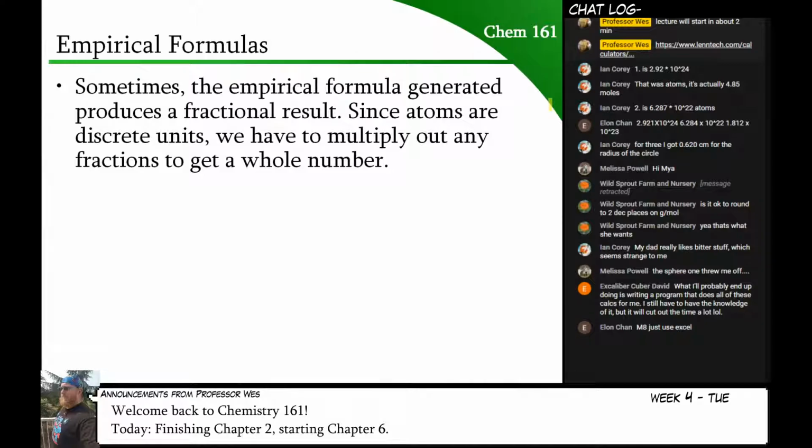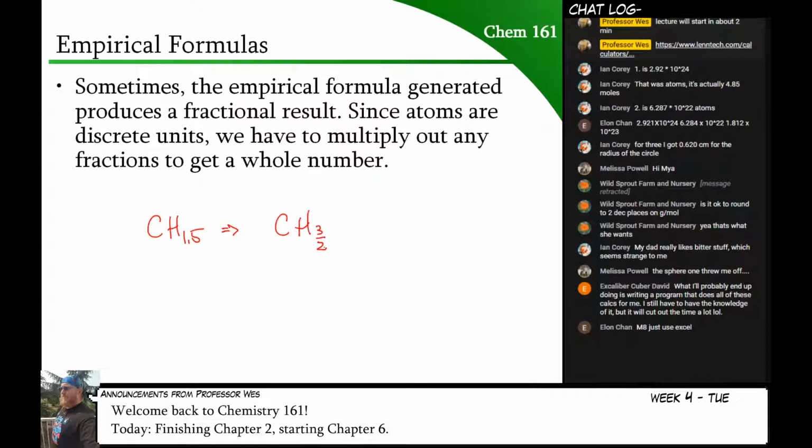Now, sometimes when you're doing empirical formulas and following this process, where you just take your masses and turn them into moles and then make the pseudo formula, and then you divide by the smallest number, when you do that last step, you get 1 for one of the elements, but you get a fraction for the other one. This sometimes happens. You get something like this. What do you do in this case? Do you just round? In this case, what you would have to do is recognize that, okay,